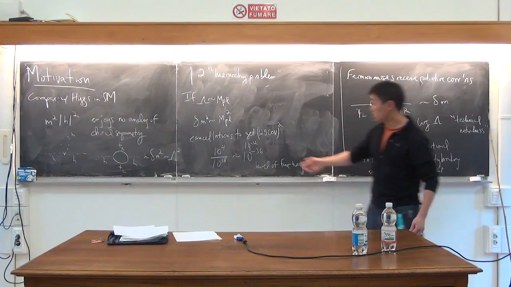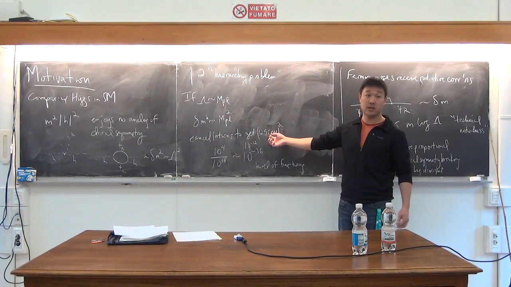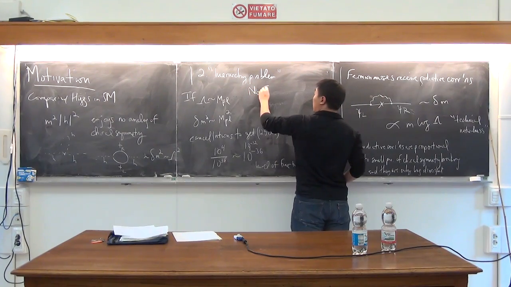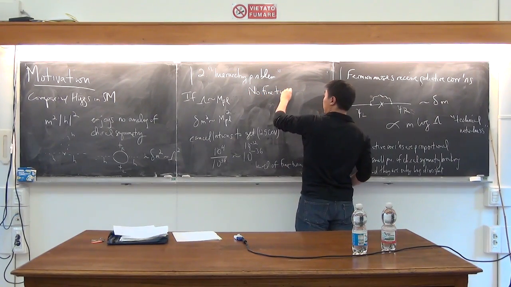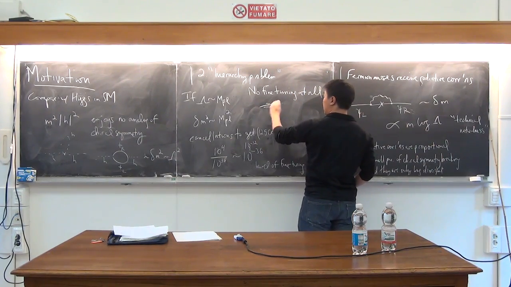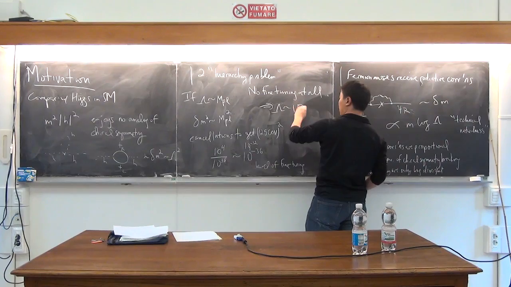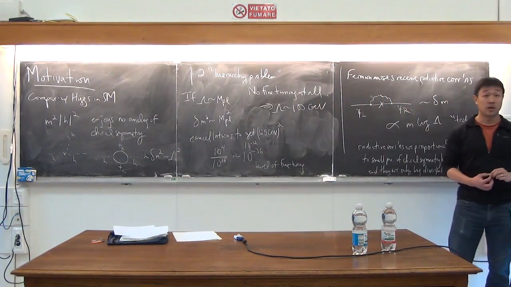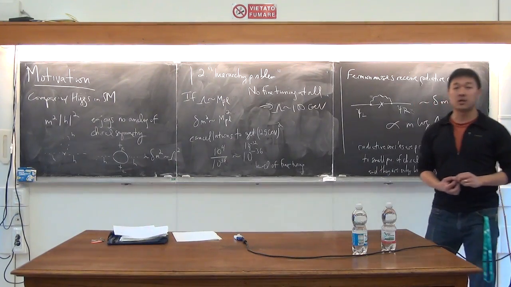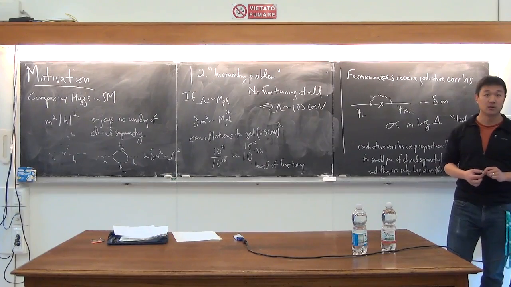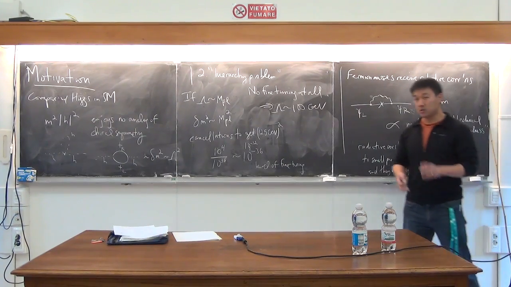Well, it should be at the same level of the Higgs mass itself, right? So no fine-tuning at all implies that lambda is of the order of the weak scale of 100 GeV, right? But we haven't discovered anything at 100 GeV other than the stuff we know about, right? So, okay, so